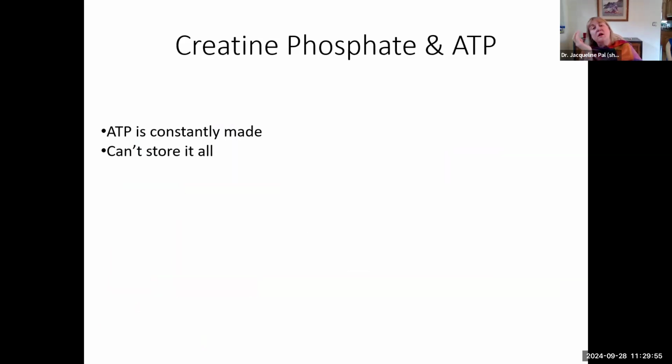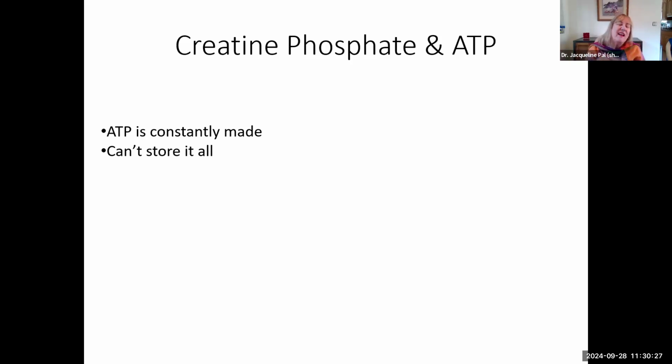All right. So if you've gone to the gym, or you know people who've gone to the gym and they talk to trainers, you may know that they take a substance called creatine because they've been told, oh, you want to work out, you want to work your muscles, you need to make creatine phosphate. Okay. So here's the thing about creatine phosphate, sometimes called phosphocreatine. Our bodies make ATP 24/7, 365. Even when you're sleeping, it is constantly made,